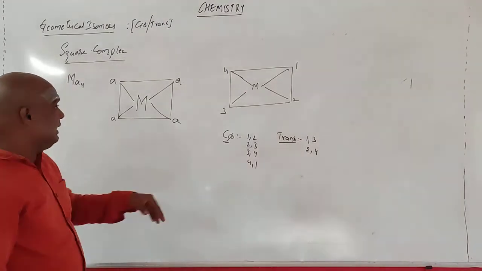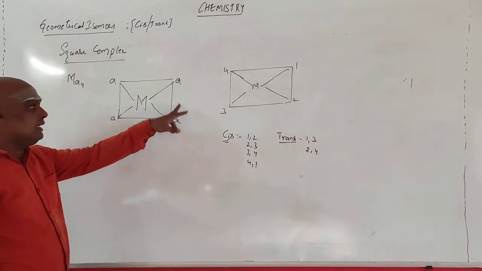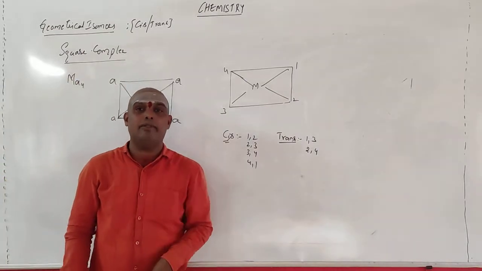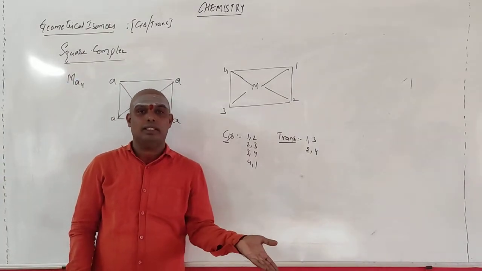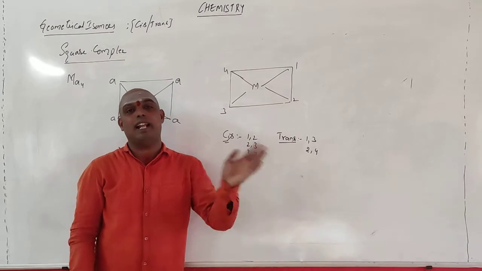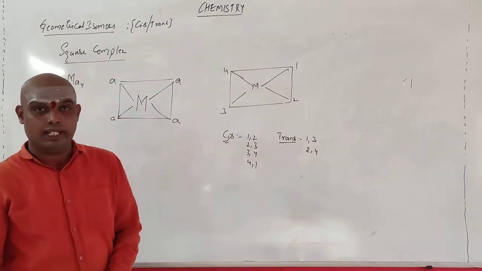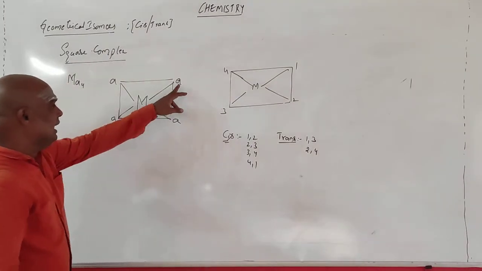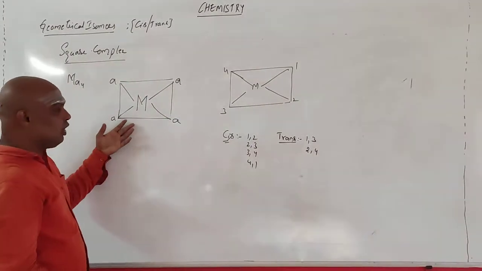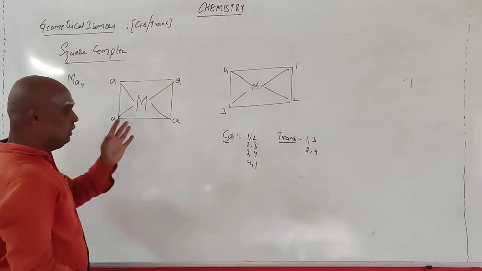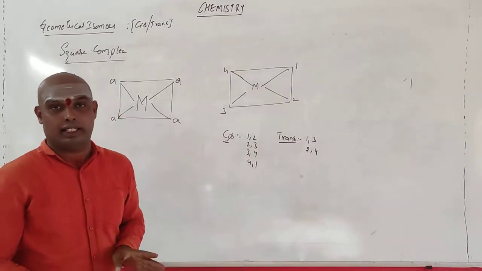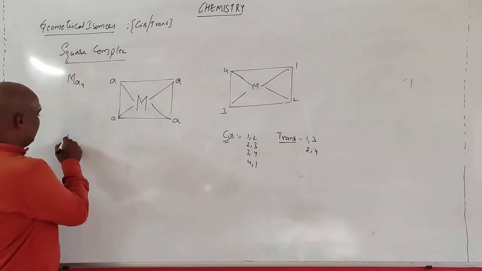See, this is cis, this is trans. Cis and trans will not come at once. If cis comes, then trans will not be present. If trans comes, cis will not be present. Okay? That's the way of telling. See here, this is cis and this one is trans. So in this, are geometrical isomers possible? No. Or instead of remembering like this, I am taking a shortcut trick. What is the trick?